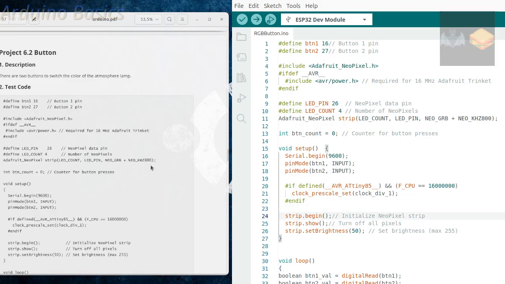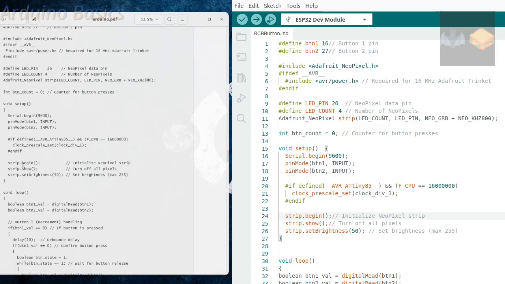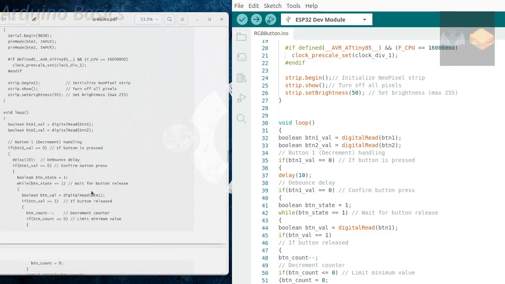Then we have strip begin, strip show. So let's see here. Strip begin. It's an instance method called on that strip. And a show method called on the strip, and the brightness method turned on set brightness max 255. That all looks good. So now we're going to get into our loop